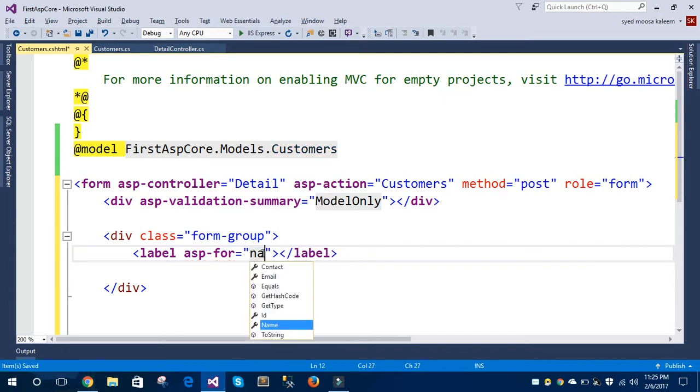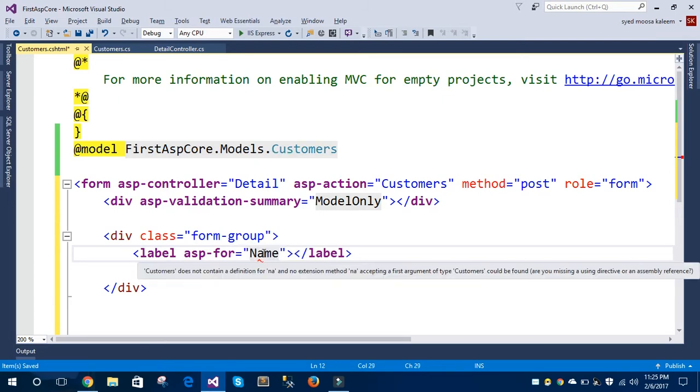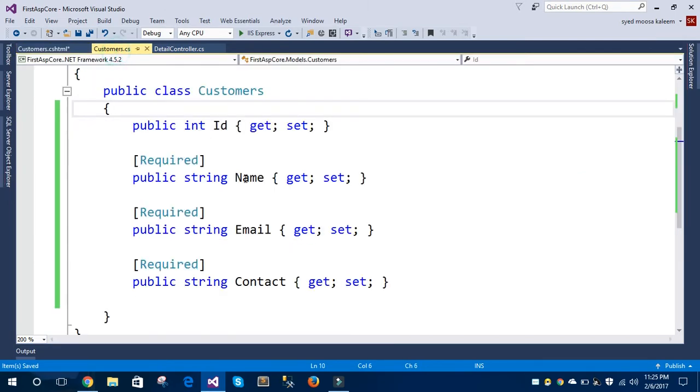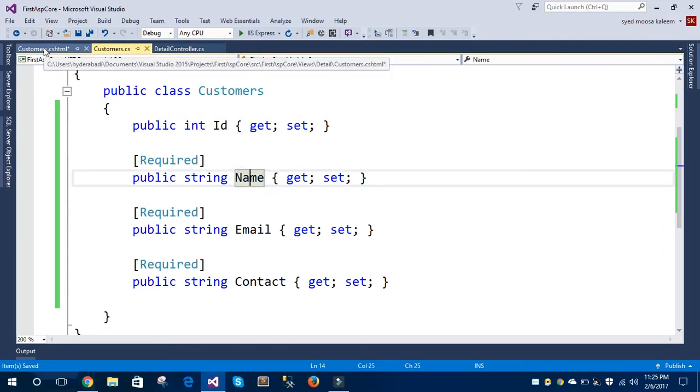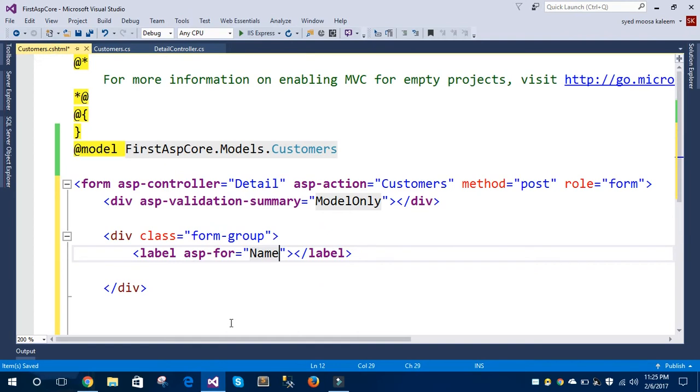If I type NA, it is suggesting me that is the name property of customer's model, which we have created here. So this is the powerful feature of ASP.NET Core 1.0 MVC. This feature is also available in the previous versions of ASP.NET Core, which was the beta version,